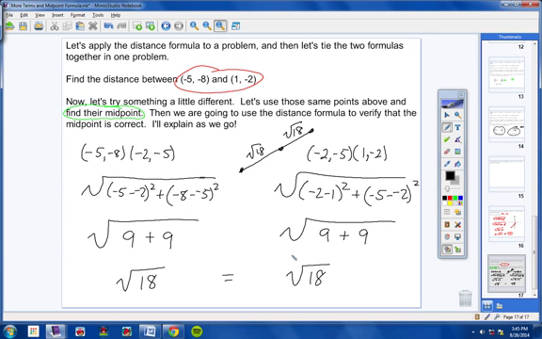And that's it for today's video. Once again, we looked at a bunch of terms I felt were pretty easy, self-explanatory, easy to understand, and we looked at the distance formula. And make sure you understand the difference between the midpoint and the distance formula, and make sure you know when to use them and how to use them